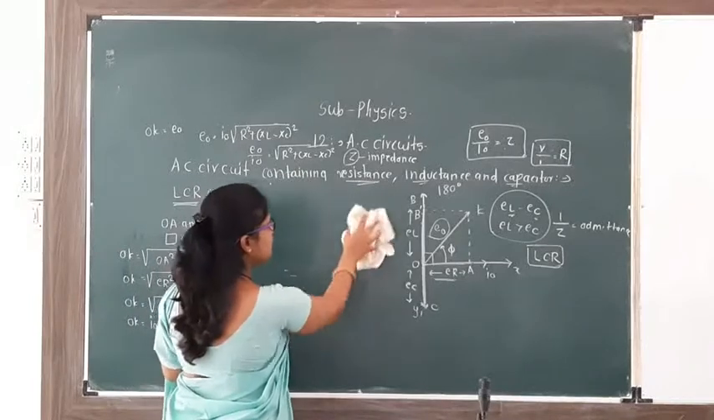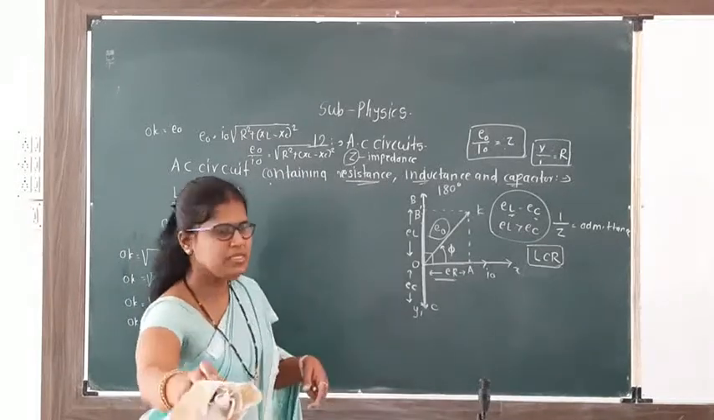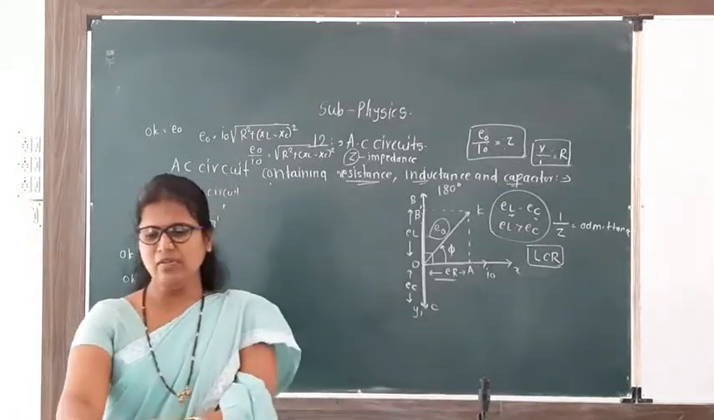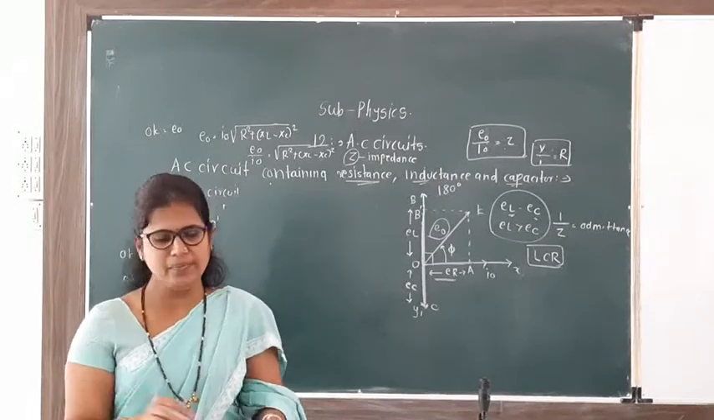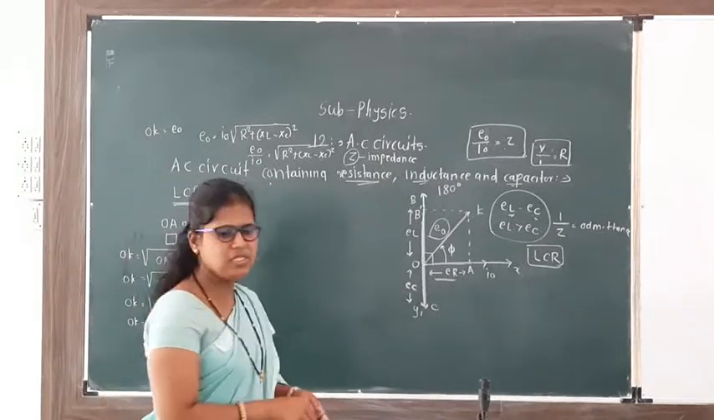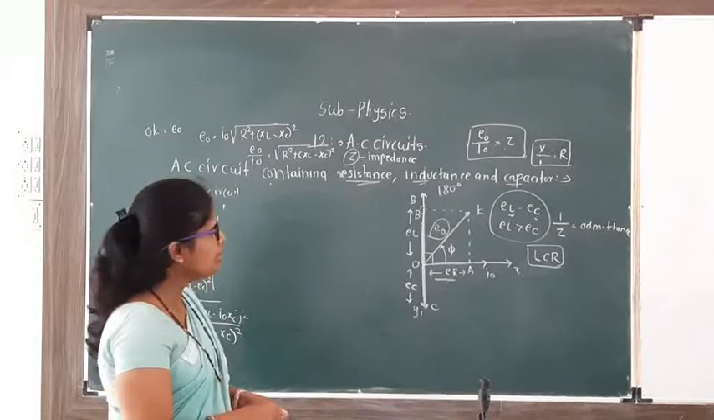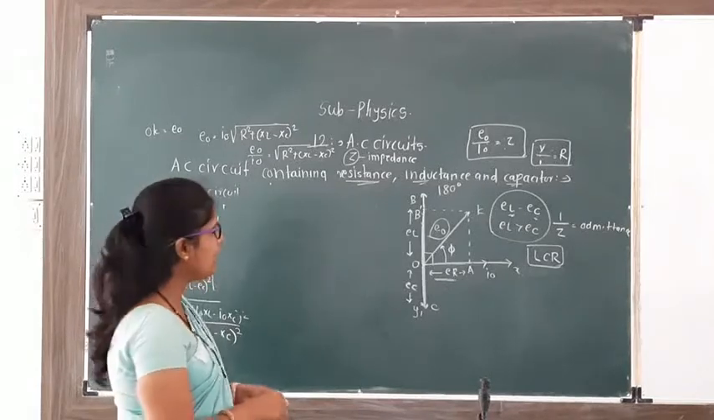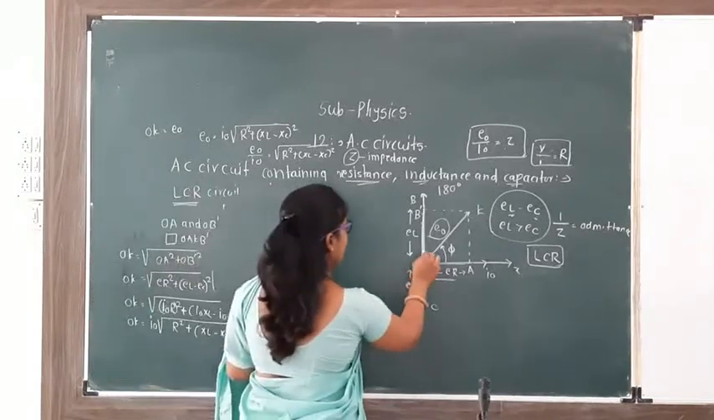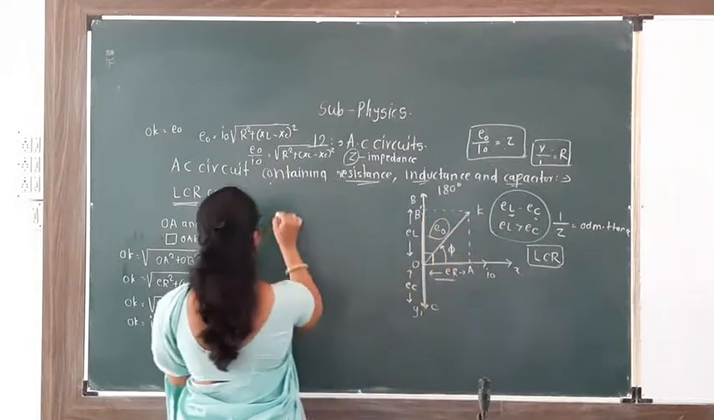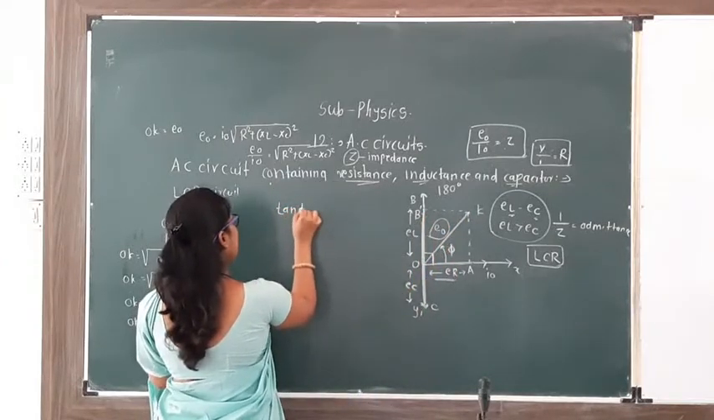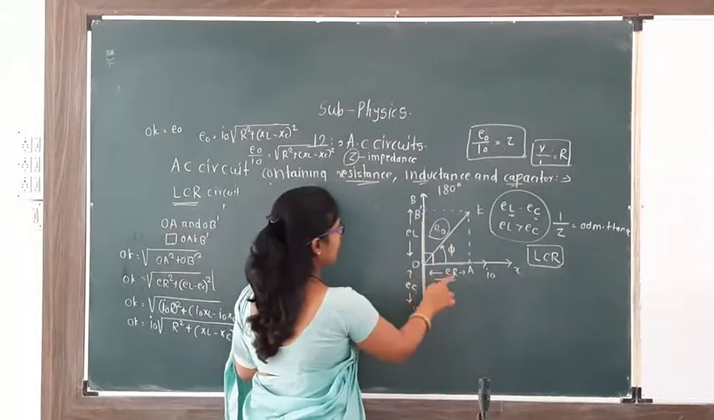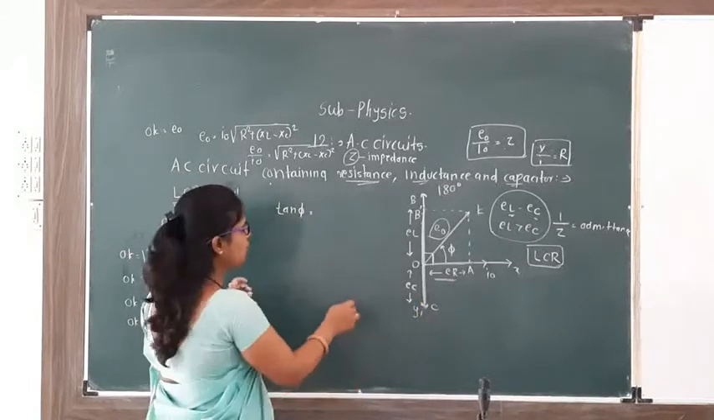Now this one is the phasor diagram. In this phasor diagram, E and ER are in phase, and EL and EC have a phase difference of 180 degrees. This is the AC circuit containing LCR. Now what is tan phi equal to? Consider this tan phi. What does tan phi mean? Tan phi is equal to...